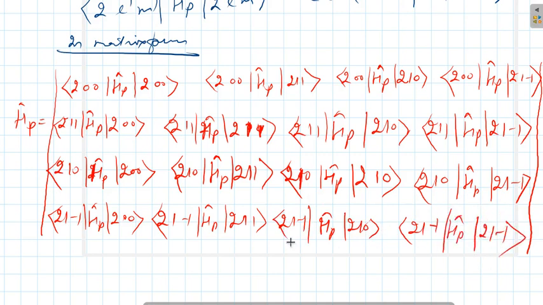So this is the matrix for this Hamiltonian, not a determinant. Now in simple form, this can be written as